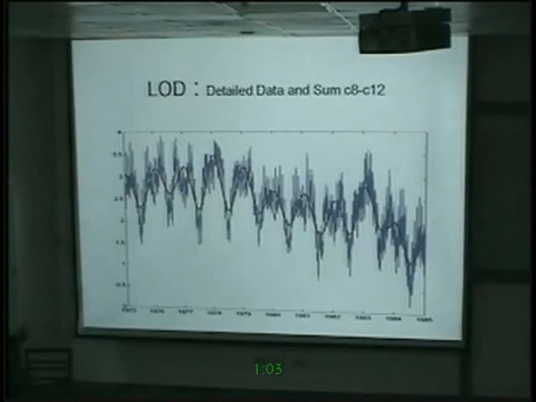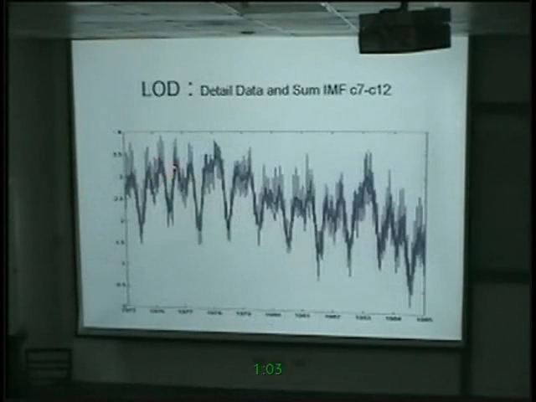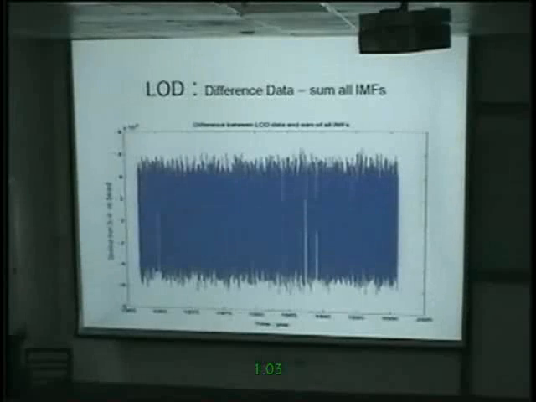Yeah, this is because this is spring and fall tides. So fine, we'll add the half-yearly. Once I add the half-yearly, you see I successfully even include that. So each scale you add will actually make the data closer and closer to the original. If you add all 12 together and take the difference between that and the original data, you get a 0